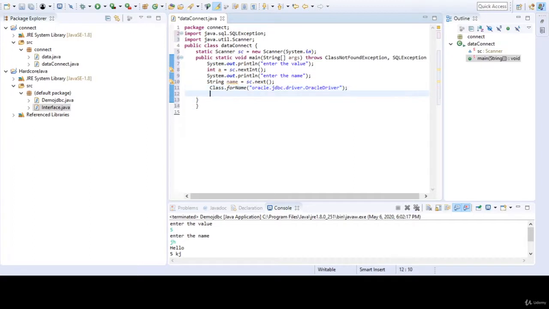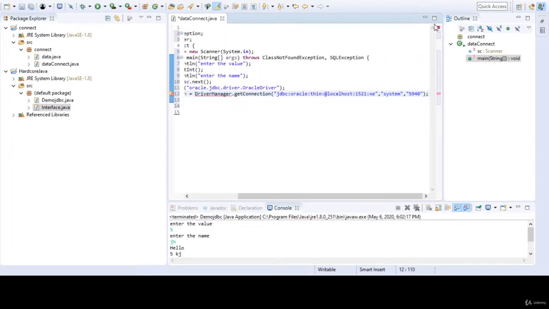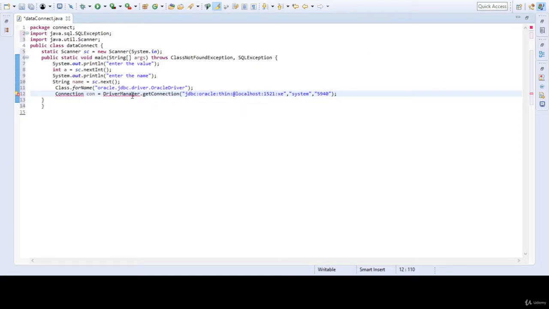After this we are going to establish a connection. For establishing the connection we have to enter this. I will maximize this. Here it is, these are the keywords you have to type. Here is the database which you want to connect.